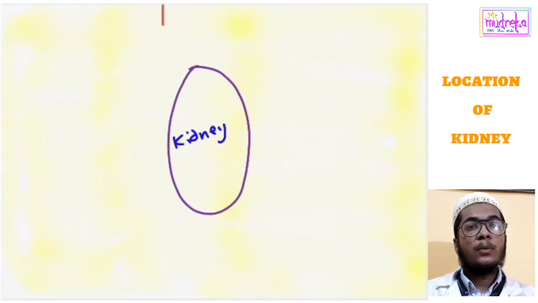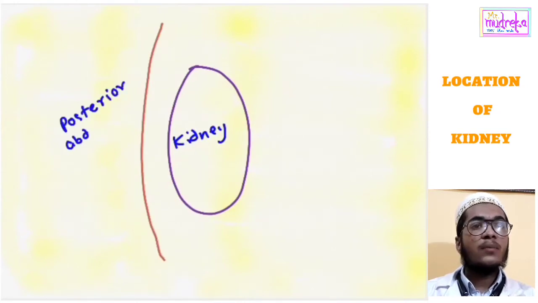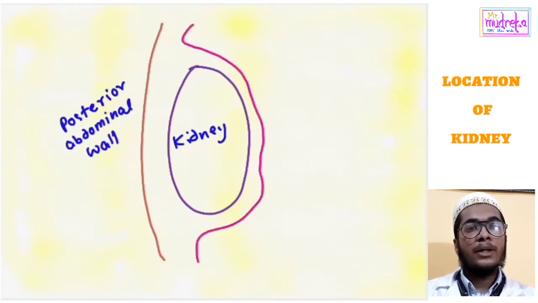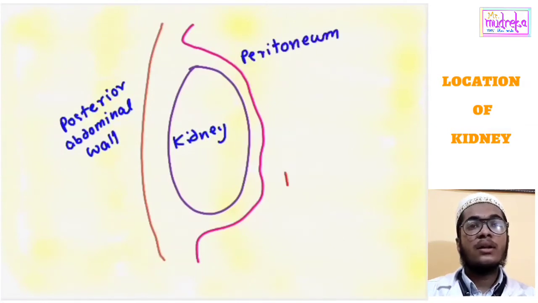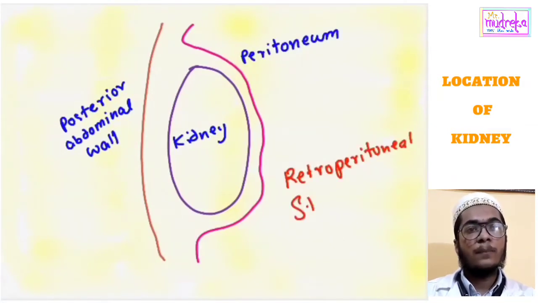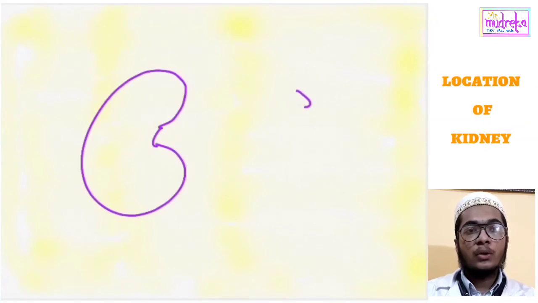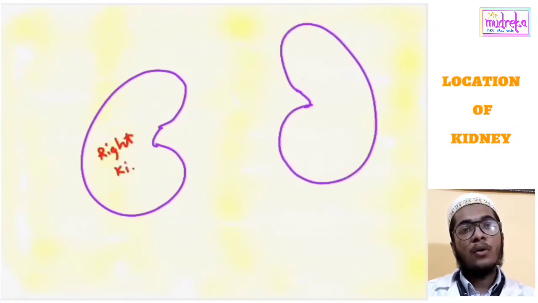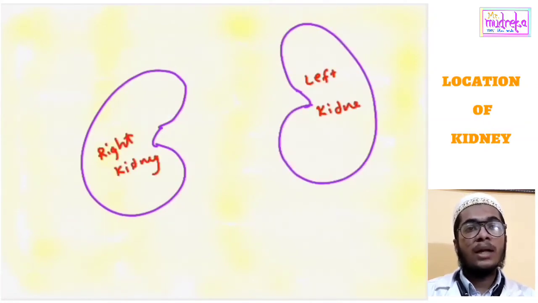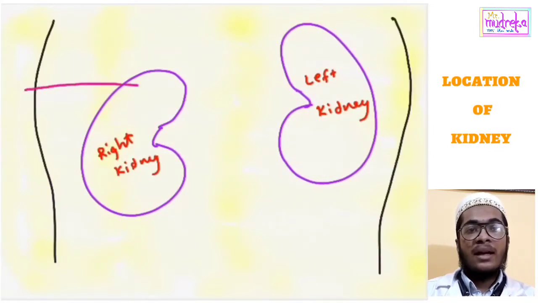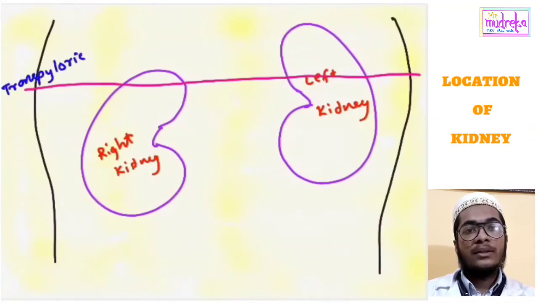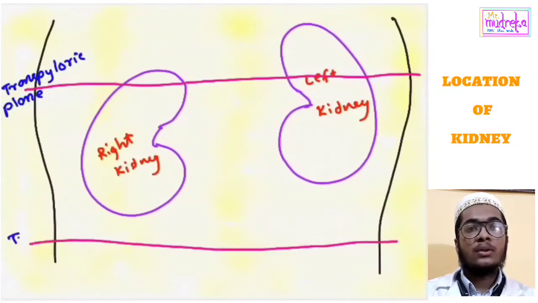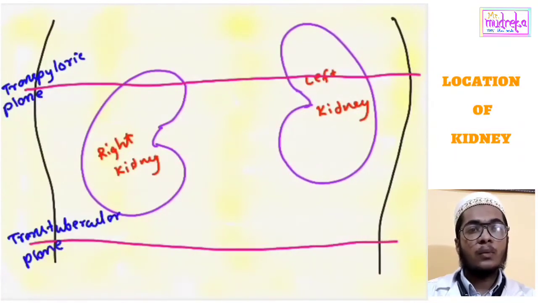Now we will see more precisely about the location of the kidney. So the kidneys are lying on the posterior abdominal wall, one on each side of the vertebral column behind the peritoneum, hence it is called as retroperitoneal structure. As you see, kidney is occupying the epigastric, hypochondriac, lumbar and umbilical region of abdomen. And if we see vertebrae, then it is opposite to the 12th thoracic and upper 3 lumbar vertebrae.